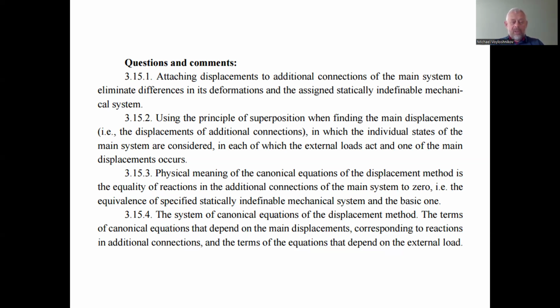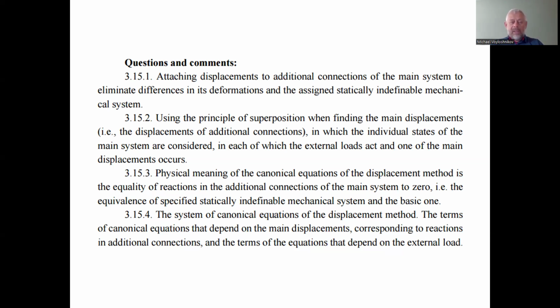3.15.4 The system of canonical equations of the displacement method. The terms of canonical equations that depend on the main displacement correspond to the reactions in additional connections, and the terms of the equations that depend on the external load. We have two classes of summands in the canonical equations. One class of summands is the group of summands, the one is